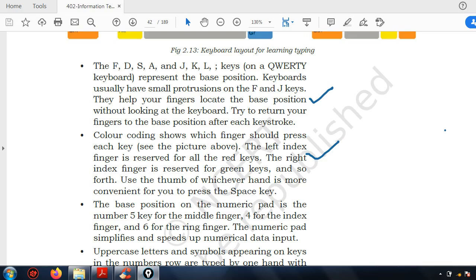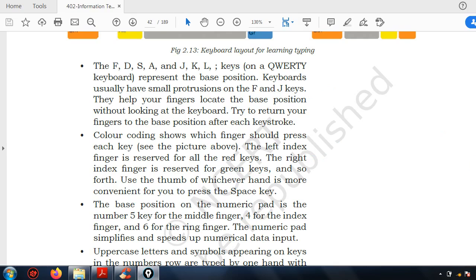So this is the base position of your middle finger. 4 is for the index finger, and 6 is for the ring finger. From your hand you can see 5 is for the middle finger, 4 is for the index finger, and 6 is for the ring finger.